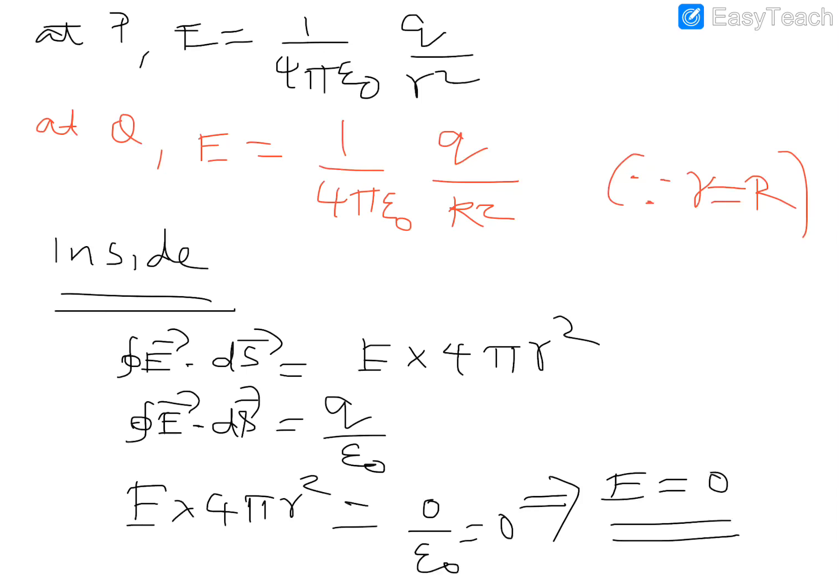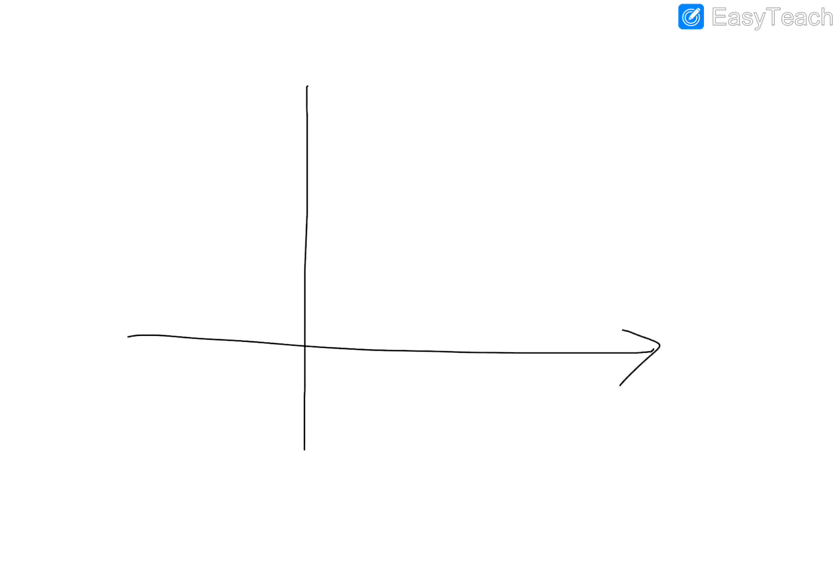On the shell the electric field is 1 by 4 pi epsilon 0 q by capital R square, and outside the shell it is 1 by 4 pi epsilon 0 q by r square. Is it clear? Now if you draw a graph for this case, with distance r on the x-axis and electric field on the y-axis, let us say